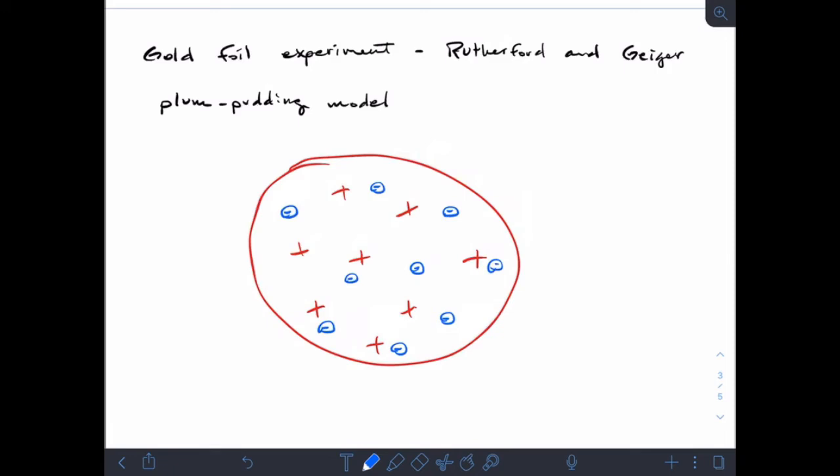And what they also knew was that atoms were inherently electrically neutral. So they have the same amount of positive charge and the same amount of negative charge. But this was the idea. It was just sort of a blob of positive and negative charge. They didn't know what held it together. They didn't know why it had mass, any of that stuff. So working with this idea,